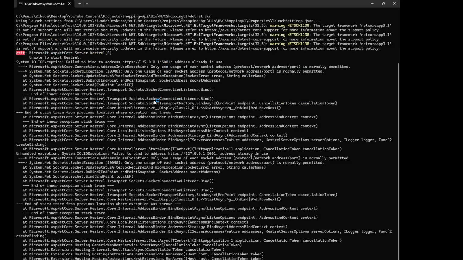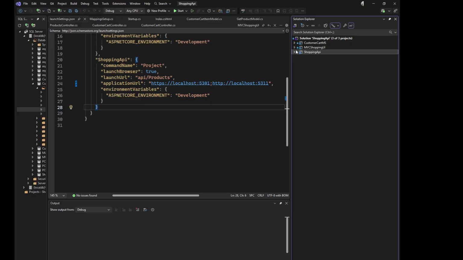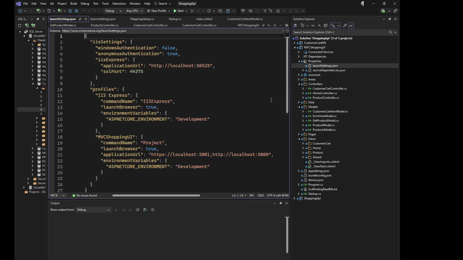Okay, this one also wants 5,001 and it is not available. It's the API or the UI. So for this one, I'll do